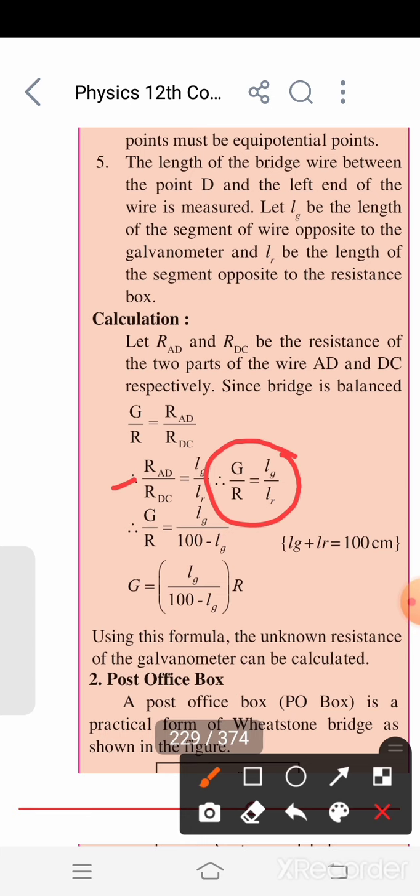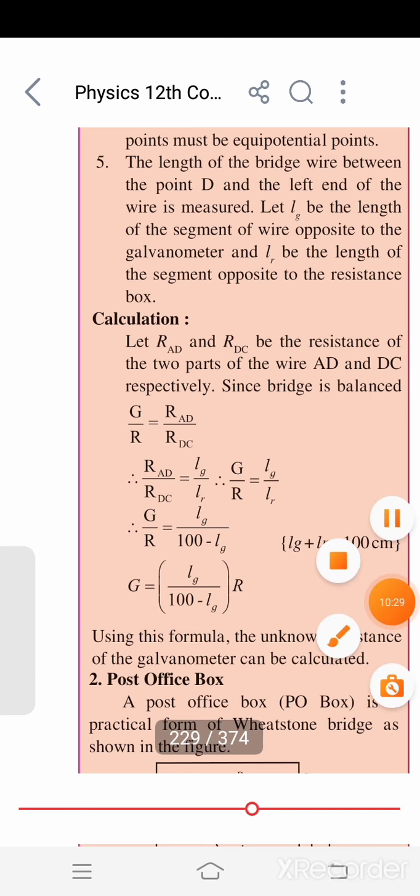in which R has a known value, Lg is the measured length, the balancing length between points A and D, and Lr is the balancing length between points D and C. That's why these three values R, Lg and Lr are known values, and using that balancing condition with the equation G upon R is equal to Lg upon Lr, we can easily find out the resistance of the galvanometer